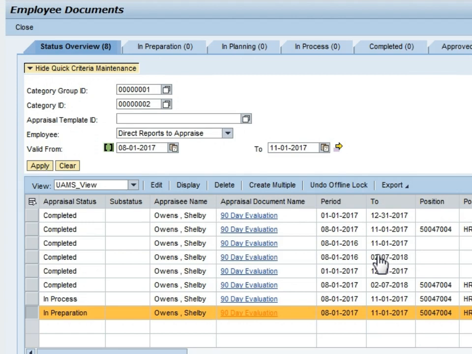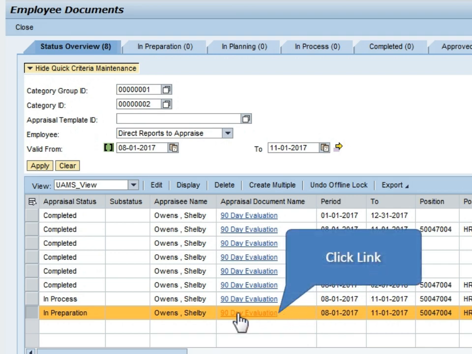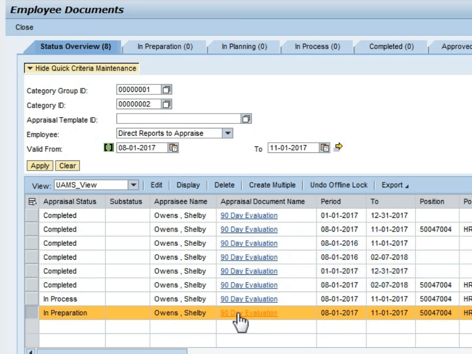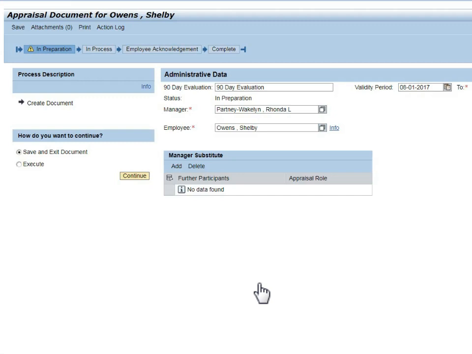However, we must now move the newly created 90-day evaluation from In Preparation to In Process. So locate the new evaluation and click the 90-day evaluation link to open the 90-day evaluation. After clicking the 90-day evaluation link on the Employee Documents page, verify the basic data. You may change the manager supervisor if needed and/or add a substitute. For more information on this process, please refer to Unit 2 of the Performance Management Manual or Lesson 2 located